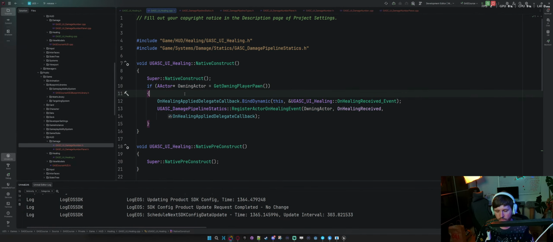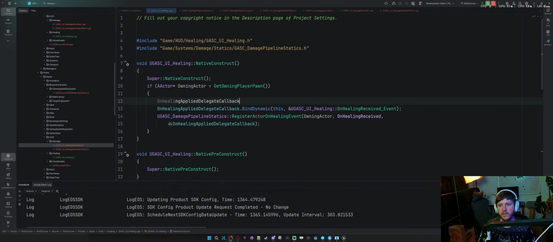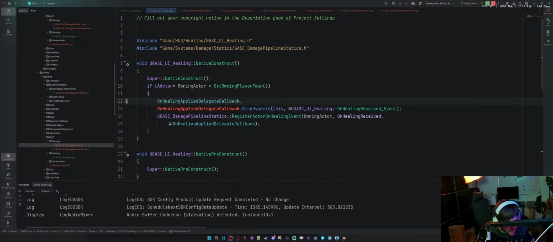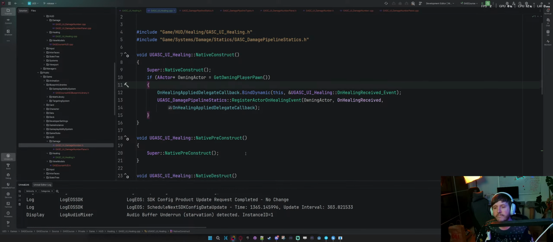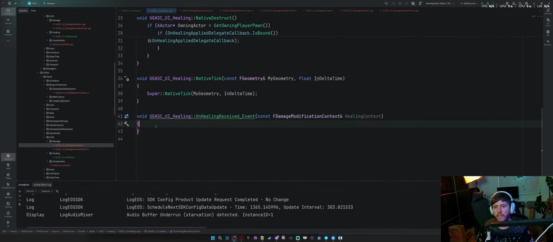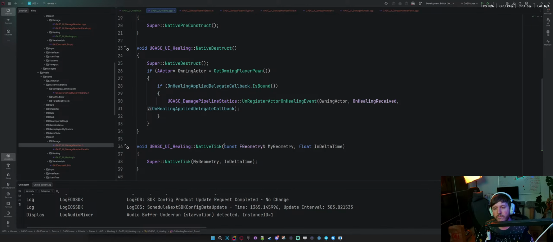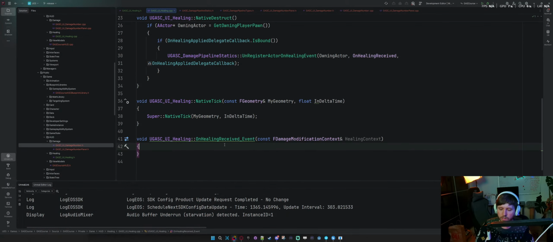Let's assume on healing applied dot add dynamic. Right? Let's just assume this is fine. At this point, what we want to do, let's just try to compile, and we'll deal with the issues in a second.